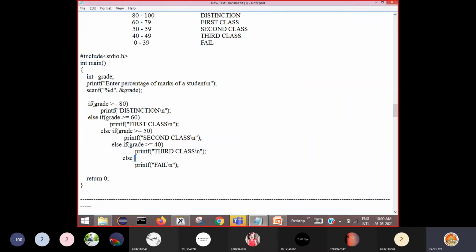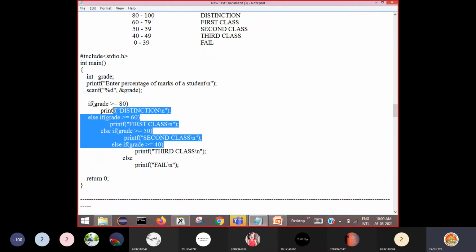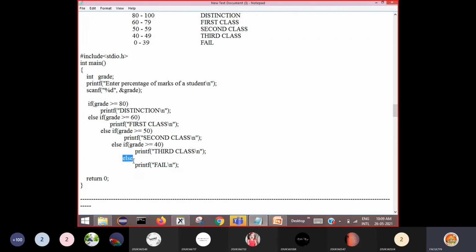So for the last else statement, no need of writing any condition here. This is the default statement. That means if all n conditions are false, then directly it comes to this else. That means the student has not got any grade, and finally his grade will be failed. Then finally say return 0, close. That's it. This is the program.